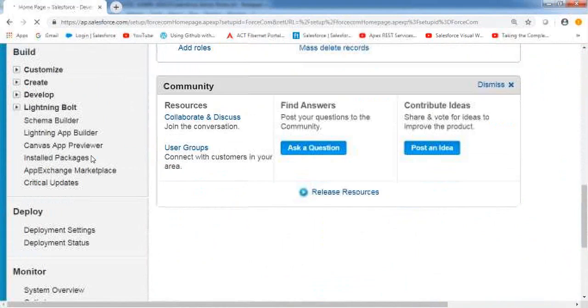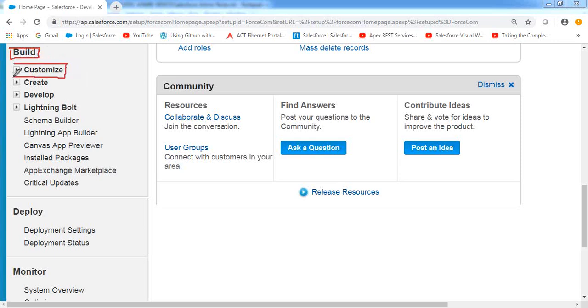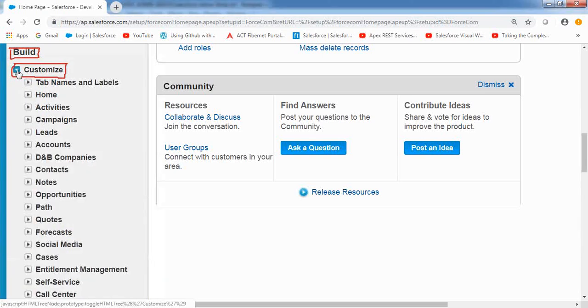go to the build menu in the left panel. Okay, go to the build menu in the left panel. And then click on customize, because I want to see the fields available inside my standard object, that is account. So click on customize. Go to that respective object. What object fields you want to see? I want to see the account object fields. So go to accounts